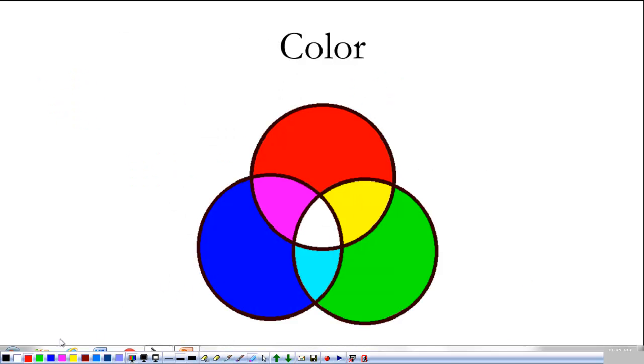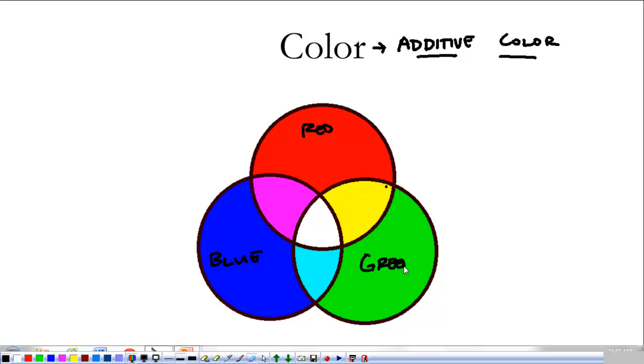Color is a little bit different with light than how you learned it in primary school and in art class. Primarily because when we talk about color with light, we're talking about additive color. When we're talking about additive color or combining different kinds of light, we have three different primary colors. For us, we have red as a primary color, we have blue, and we have green. These are our primary colors. I don't know why they are the primary colors, but this is how light addition works.